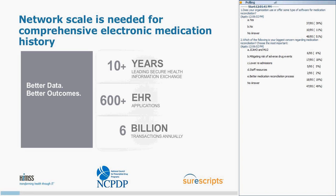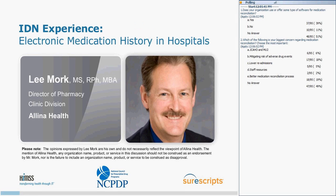We're connected and maintain connections to 50 data sources across the country. We're both ENAC certified as well as ISO 27001 certified. And I mention that because of how important the security and privacy issues are in transmitting this data on a routine basis. I'm going to end my remarks there and now introduce Lee Mork, Director of Pharmacy for the Clinic